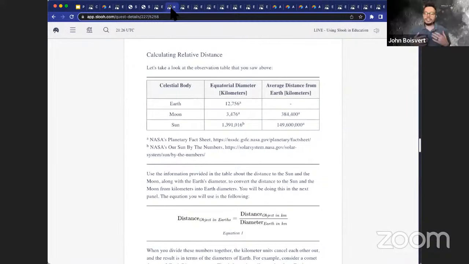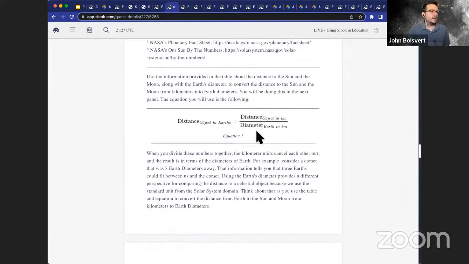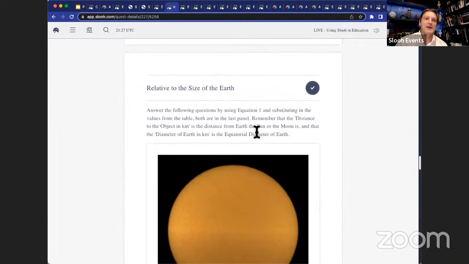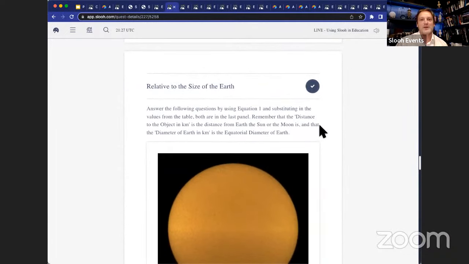I want to just show some of the internal parts of some of the quests to show how some of the quests have changed, and we're being more rigorous with where a lot of our numbers are coming from as well. So this one is coming from the How Far quest. These are the most updated numbers, and I update these numbers before every school year, and it is very difficult keeping up with stats and facts in astronomy, John. I mean, everything is changing with each observation, with each new telescope, like the James Webb Space Telescope. Our understanding and measurement of the universe around us is becoming more and more precise, isn't it?